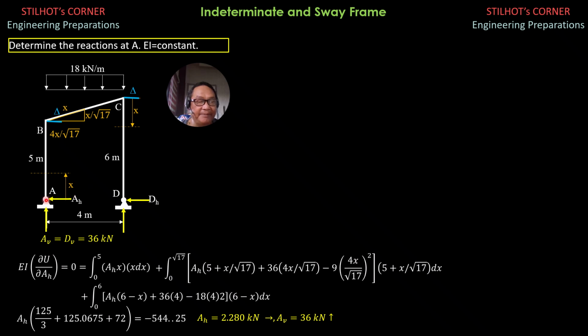So for member AB, because A is simple and there's no moment here, we proceed as follows. MBA is equal to 3 times EI, which is treated 1 over L5 quantity theta B minus P, or the rotation, so I assume clockwise, so positive delta, so minus delta over 5. So MBA equals 3 times 1 over 5 quantity theta B minus delta over 5.